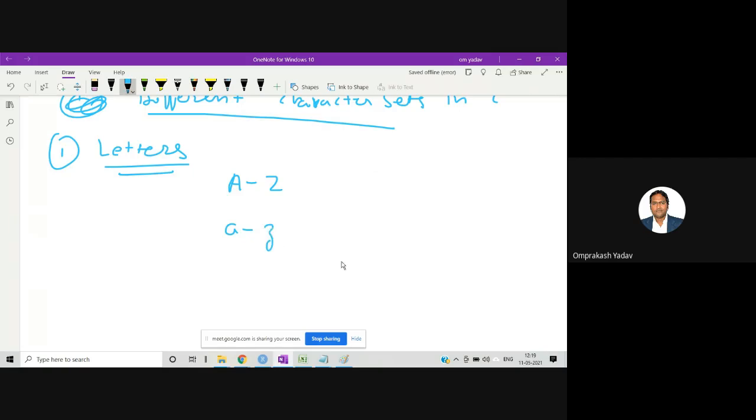We'll be using these letters only in the C language. Now there is something which you must remember. It is called the ASCII code.